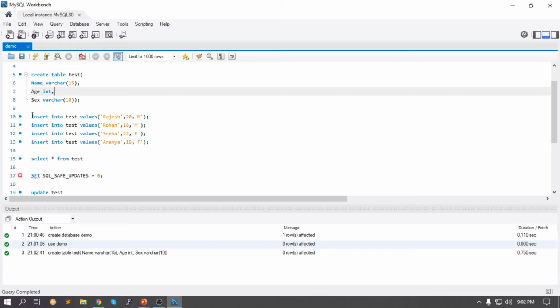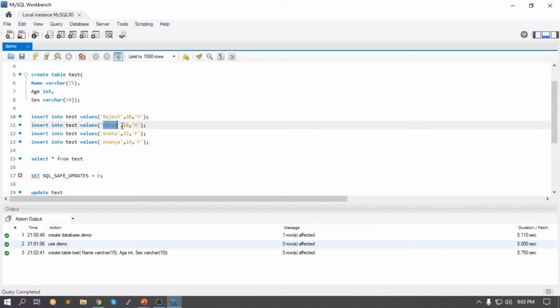So to quickly change that, we're going to put some data into the table. The command we use to put data into the table is insert into followed by the table name and values, and this is the simplest way you can insert a value into your table, guys. We have to map it in the way that we have created it. I've created it as name, age, and sex. So basically I need to define name, define age, and define the sex, guys. The name of this particular entry is Rajesh, his age is 20, and Rajesh is male.